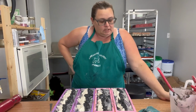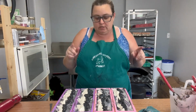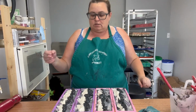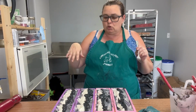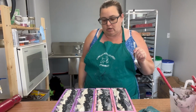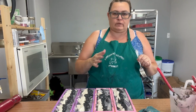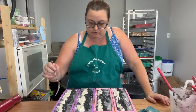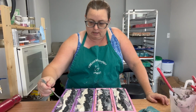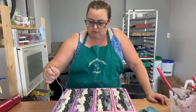Now, I was watching Earthglow. I don't know if any of you guys watch Earthglow, but he was using a fork to do this fun little design. And I was like, that's cool. So I think I'm gonna try it. My hand's sore. I find if I wear too small of gloves or do too much fiddly work, I end up with issues. So all he did was kind of this swooping thing